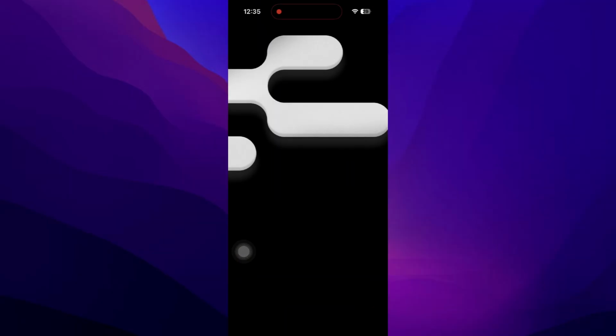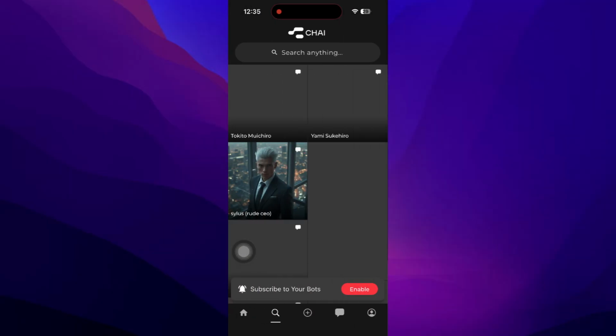And that's all there is to it. By following these simple steps, you'll be able to remove ads from the Chai app easily and enjoy a